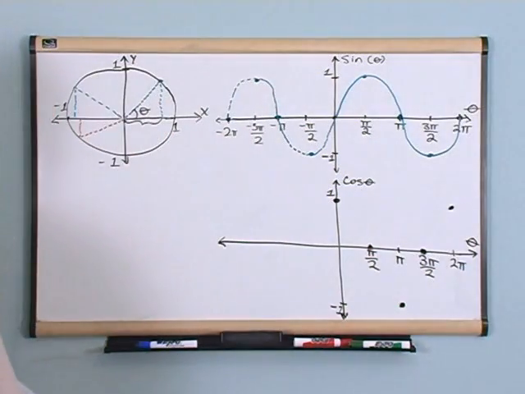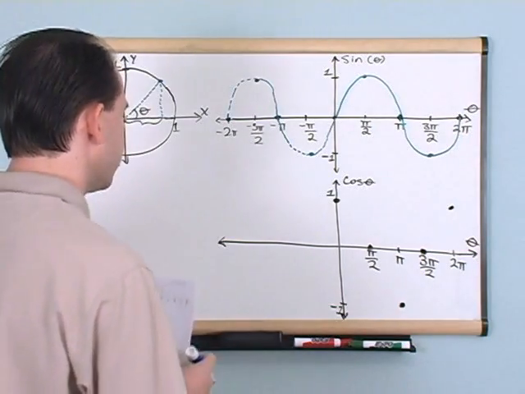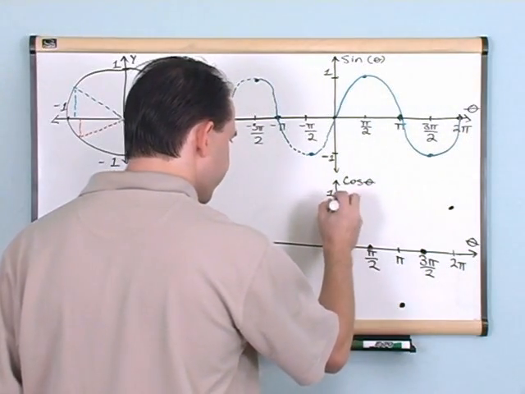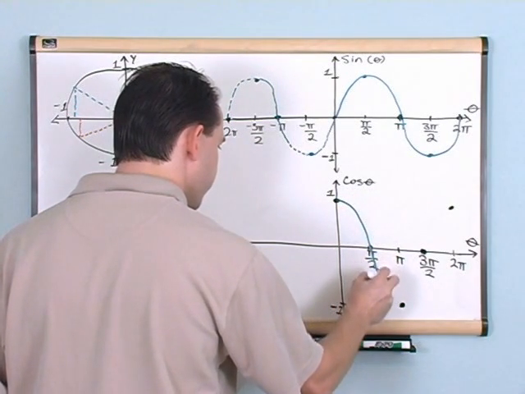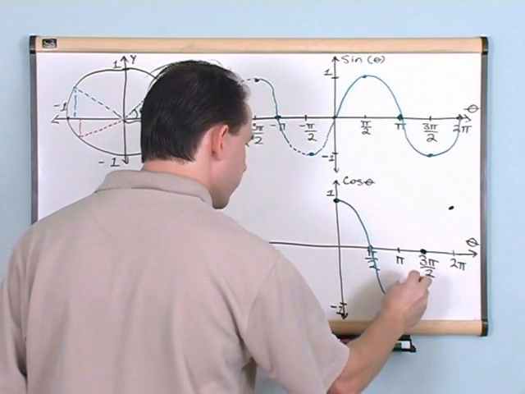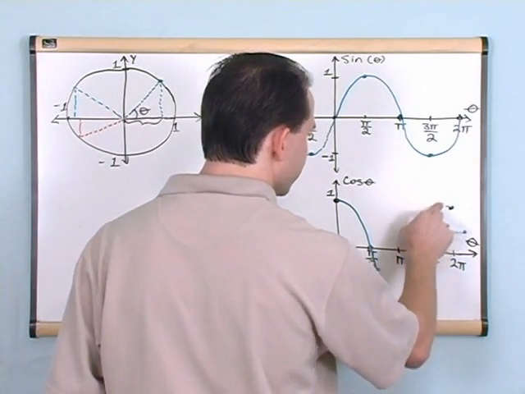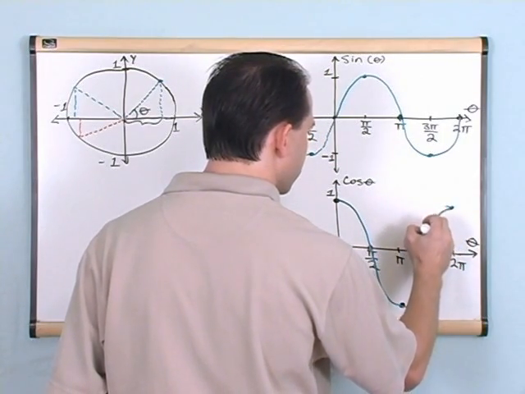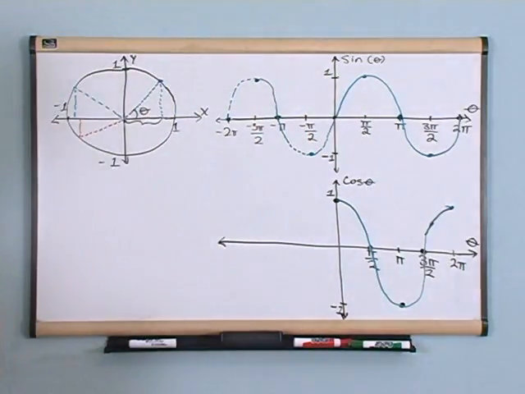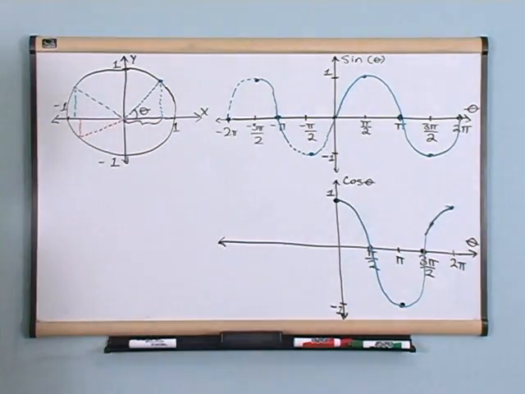Okay? So here is my basic plot of a cosine function. All we need to do is fill in the blanks. What we do is we start here, and we come down and we go through 0 to the minimum of minus 1, up through 0 again, and then end up kind of over here. This should be a little bit more curvy, like this. Okay? So that is basically the cosine function in the same region of angles as what we had already defined